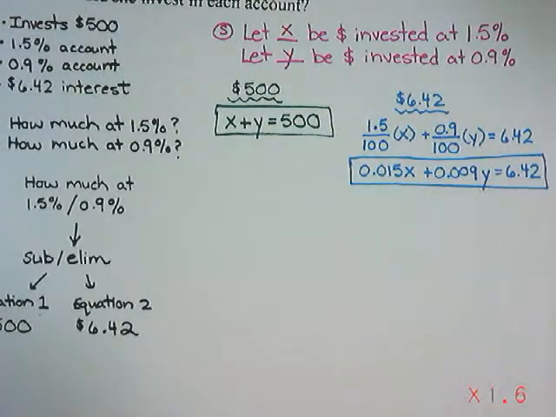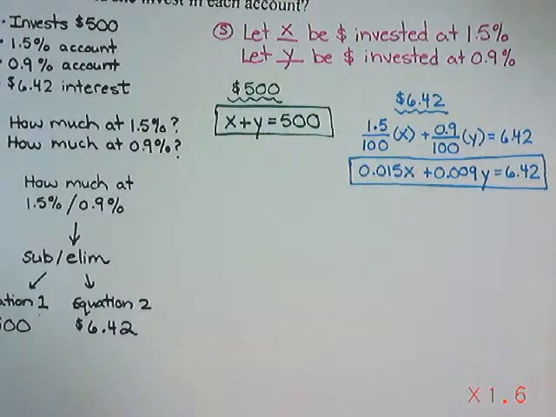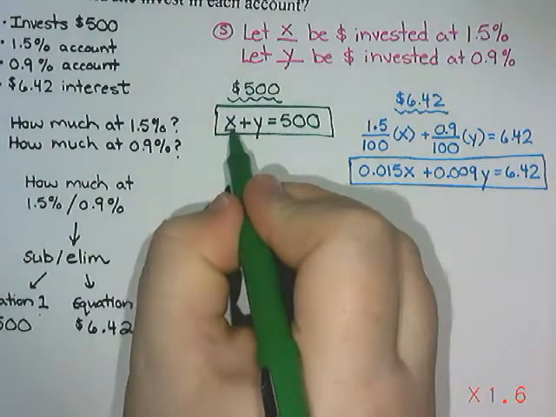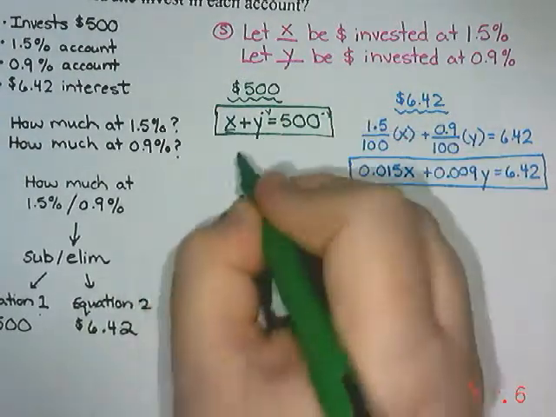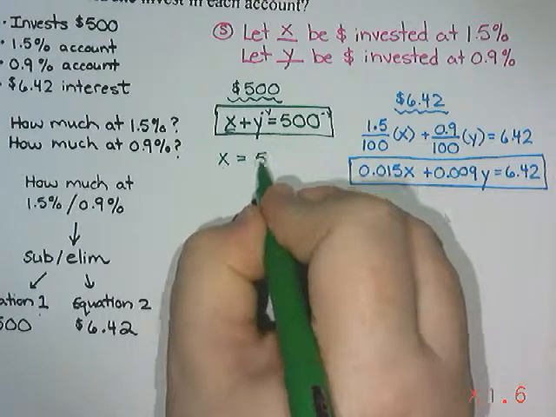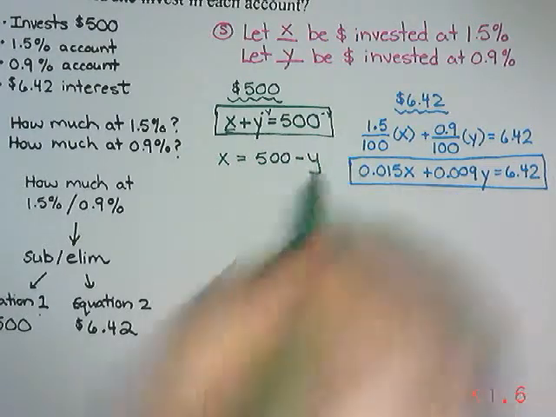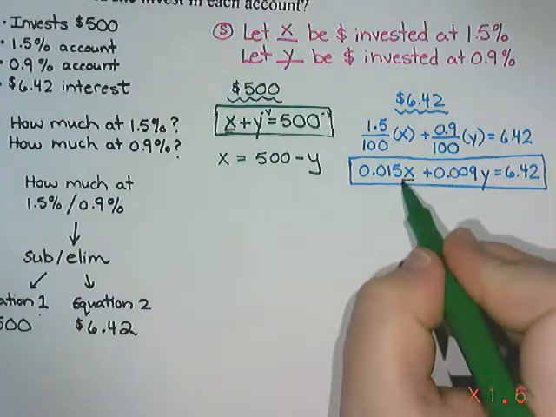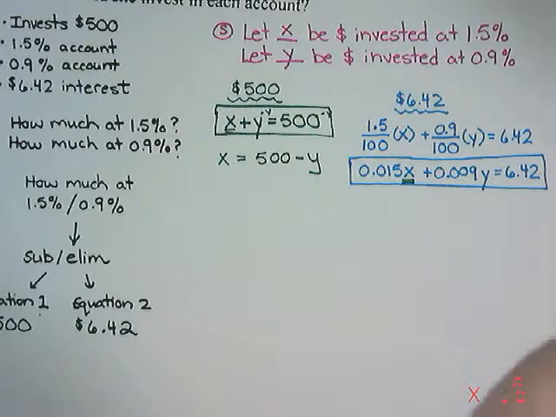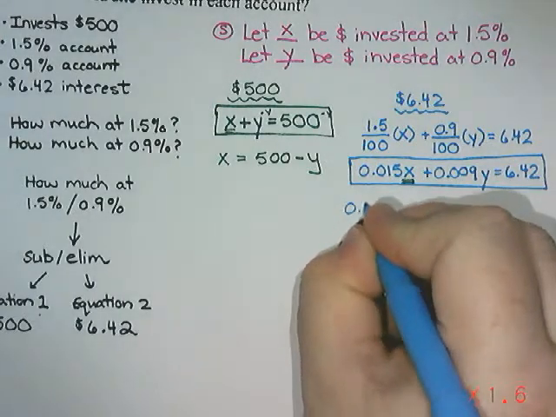And we could either solve by substitution or elimination. I do notice that the x and y do not have coefficients, which makes me think substitution might be a good choice. But if you like elimination, you can use elimination as well. So I think what I'm going to do is substitution, and I'm going to rearrange to isolate for x, which means I'm going to take y away from both sides to get x equals 500 take away y. I'm going to take this equation here, and everywhere I see an x, I'm going to put in 500 take away y. So I have 0.015